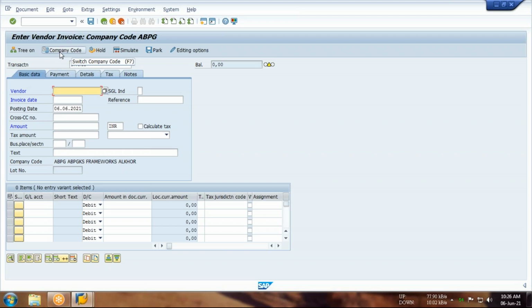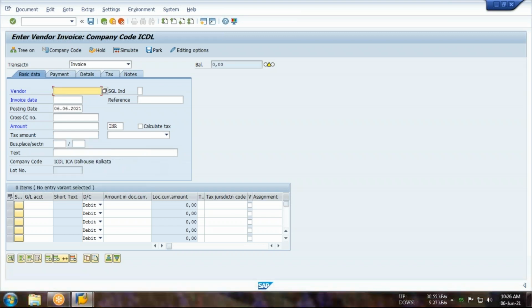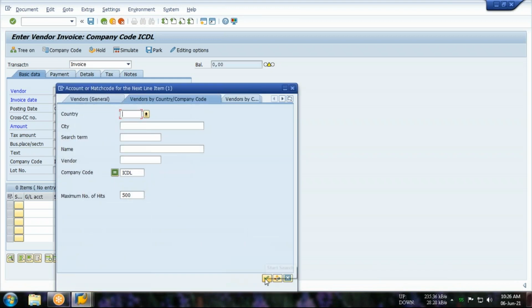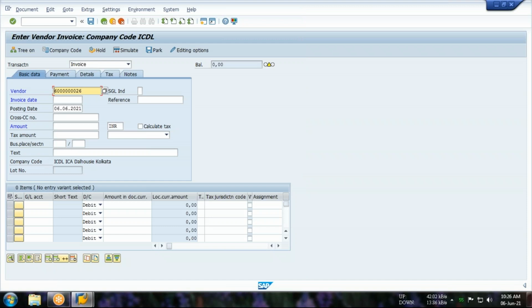How shall we switch the company code? Click on this company code icon and you can switch it. My company code is ICDL. So I have switched. Now click on the pop-up to find the vendor. I have this vendor, Samsung, and the invoice date should be today's date.